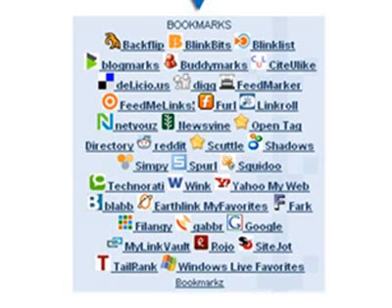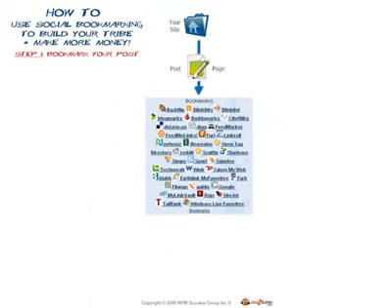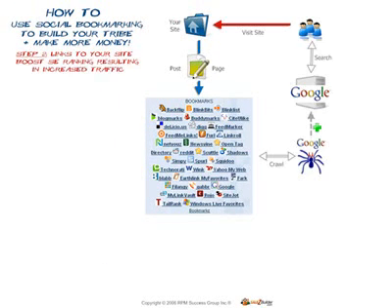So you get your post bookmarked at the various sites. Can be 1 or 2. It could be a couple dozen. You go in. Once you have your post bookmarked, what's going to happen next is that almost immediately the Google